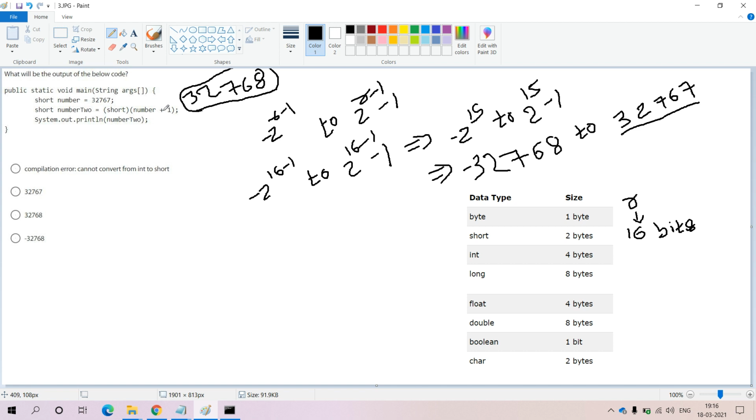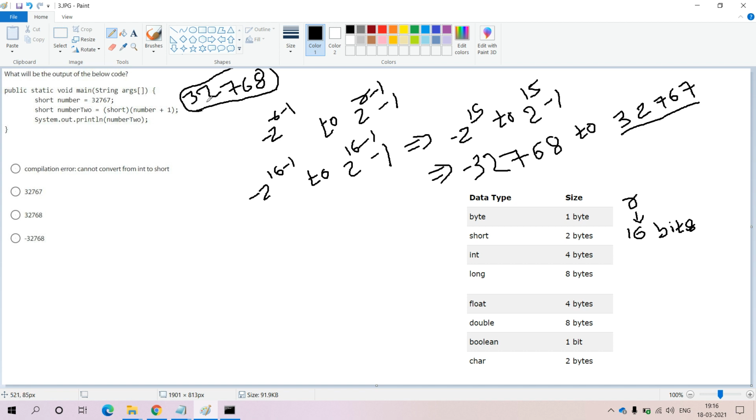But unfortunately, whatever value the short variable holds, we are taking it here and trying to add one more value to it. That value is 1. 32767 plus 1 gives 32768, and we are storing it in the short data type. But the short data type can hold positive numbers up to 32767 only. It is unable to hold 32768. At that time you will get the negative representation of that value.